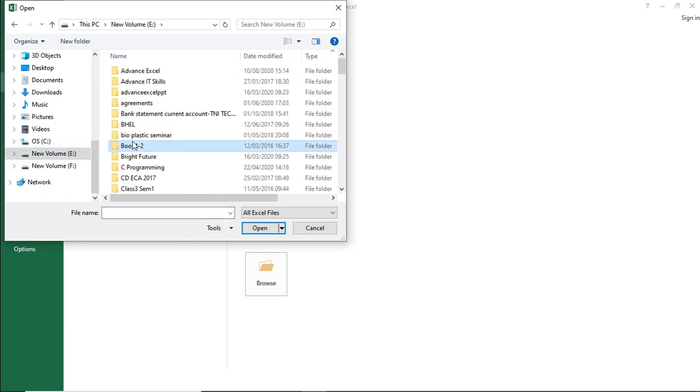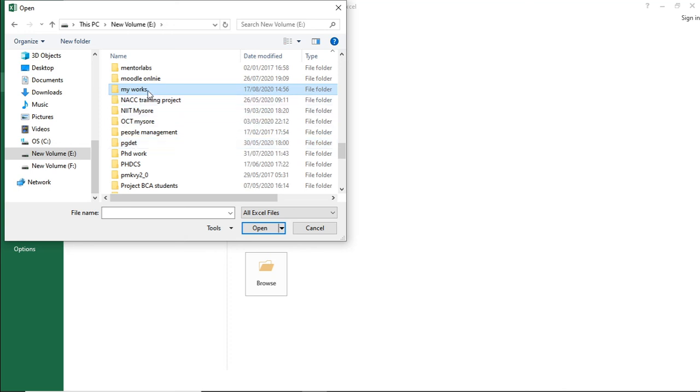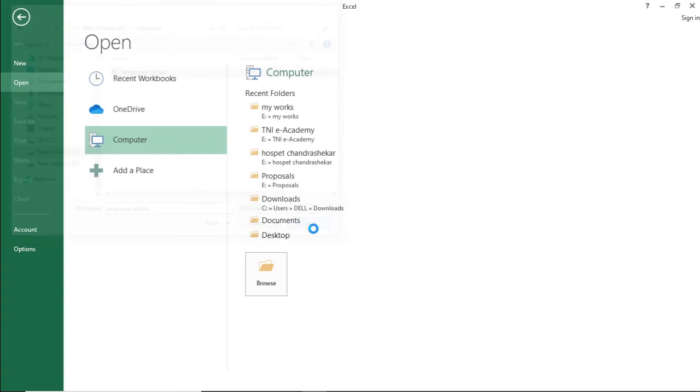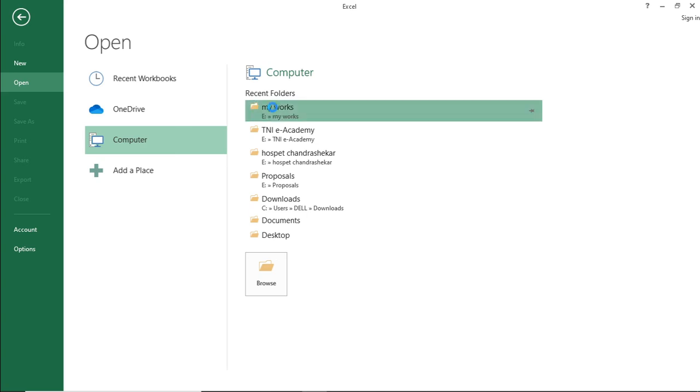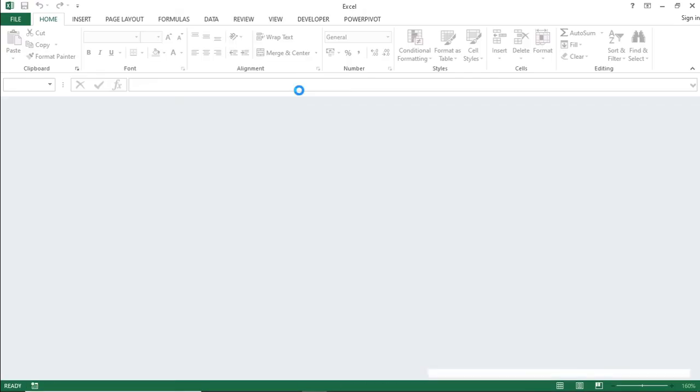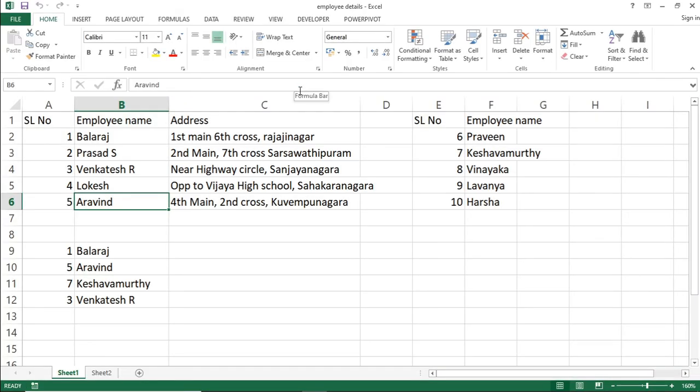So I will click on E drive and select my works and I can open from here. But in my case it is already present in recent files. If I click on Open, I can get the recent one. So I will click on File, click Open. In the recent workbooks I will get the employee details. So this is how you can save a file, close and open a spreadsheet file.